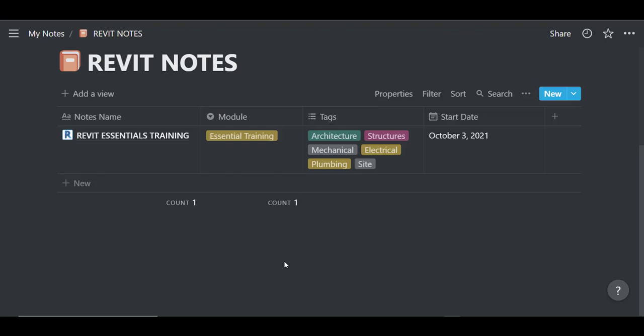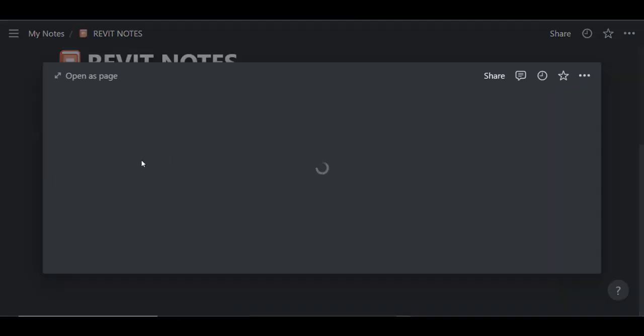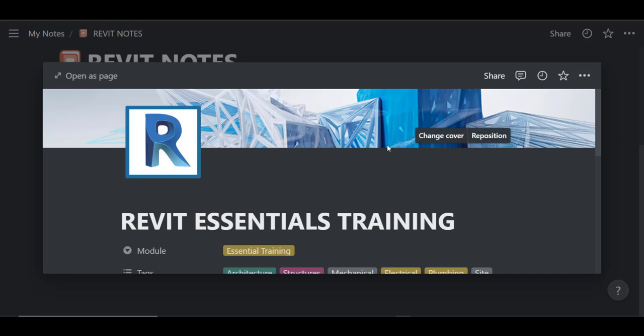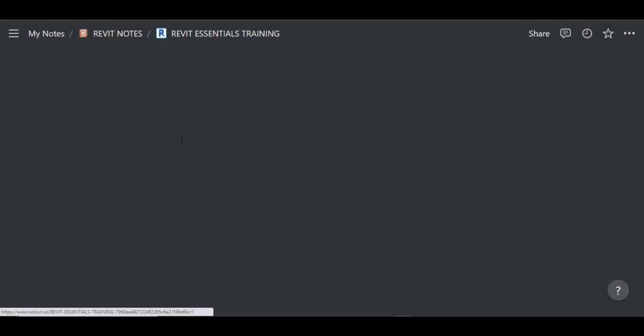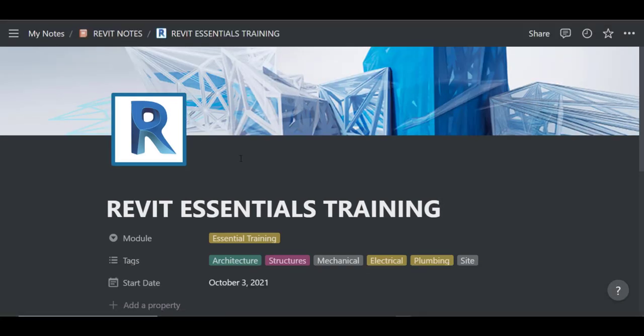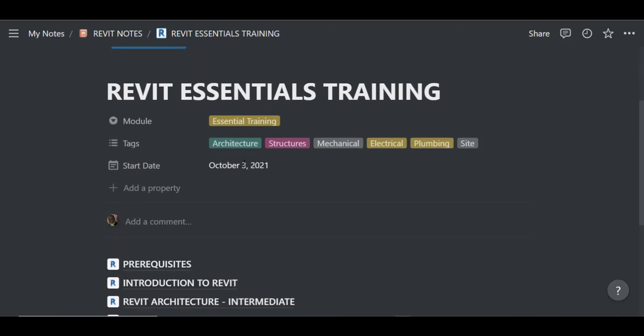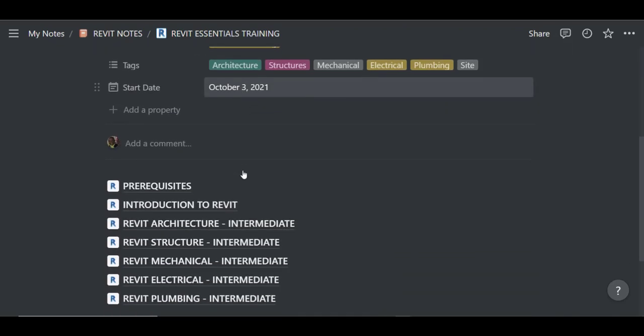Then when your Revit model is not well made, it will be very difficult for you to integrate yourself into the BIM delivery process. So without talking too much, let us go into the training. Okay. So I'll start with the Revit Essential Training. The Revit Essential Training is basically on